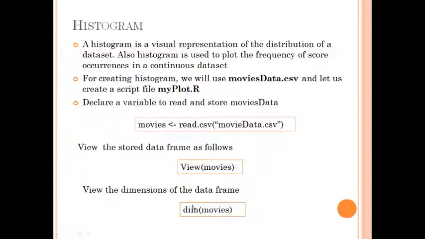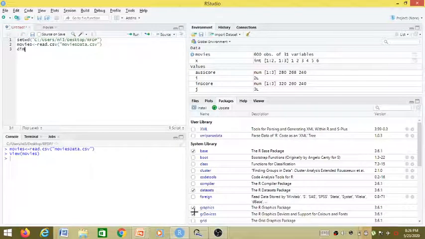To check the rows and column information of any particular data frame, we have the dim function. Dim stands for dimension over here, and if we run this function over a data frame, which is movies in this case, we will get the number of rows and columns. Like you can see here, 600 is the number of rows and 31 is the number of columns. So the dimension function can be used to just know the size of a particular data frame.